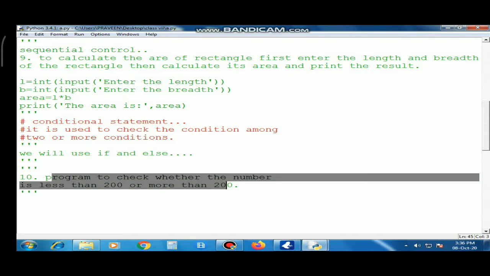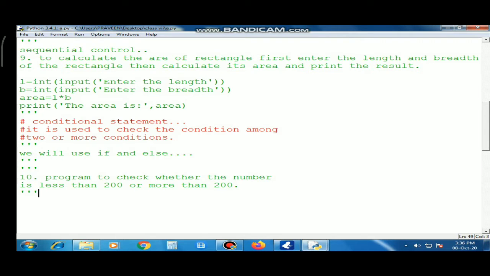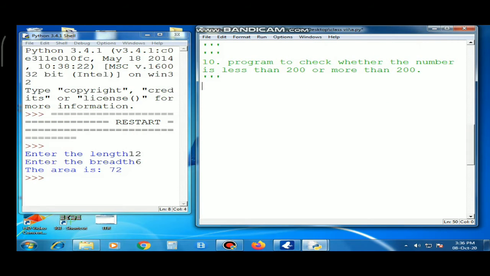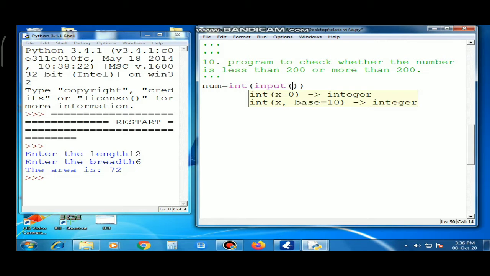So this is the question: we have to tell if the number is less than 200 or more than 200. Now in this we can write the variable num1 is equal to int input, enter the number,